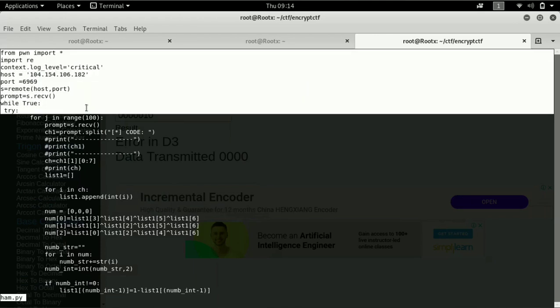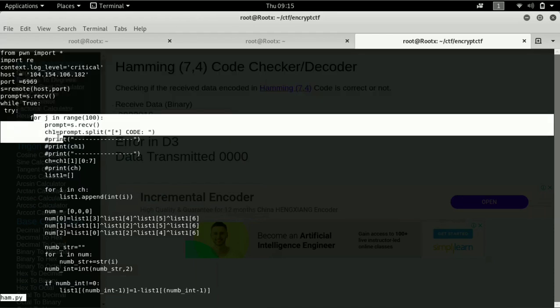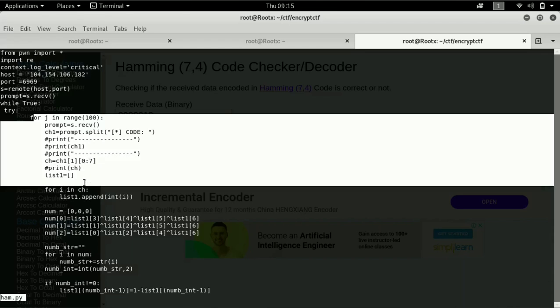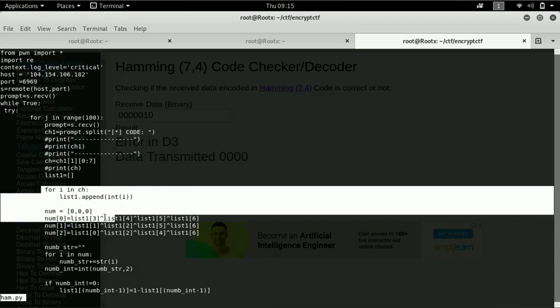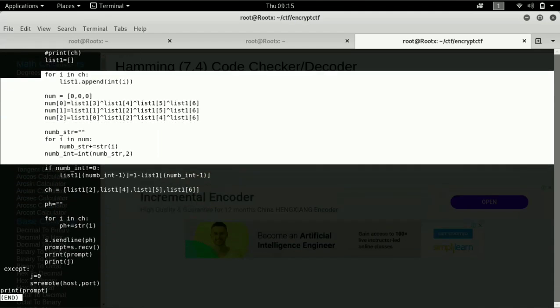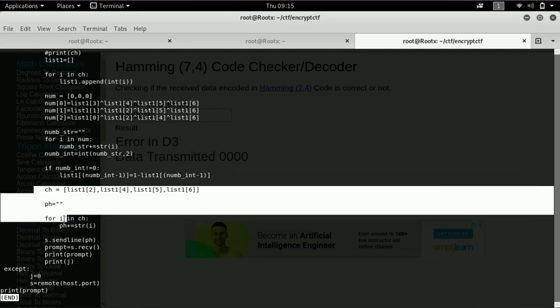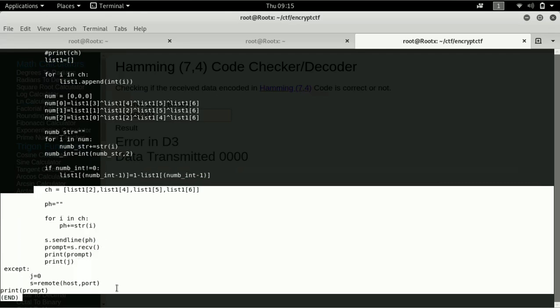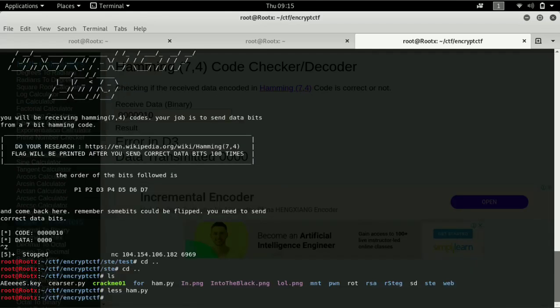First I connect with nc, then I split this data. First we need the code. This is a Hamming code solver, not a decoder. Then we post our answer in the data field. Let me run this one.